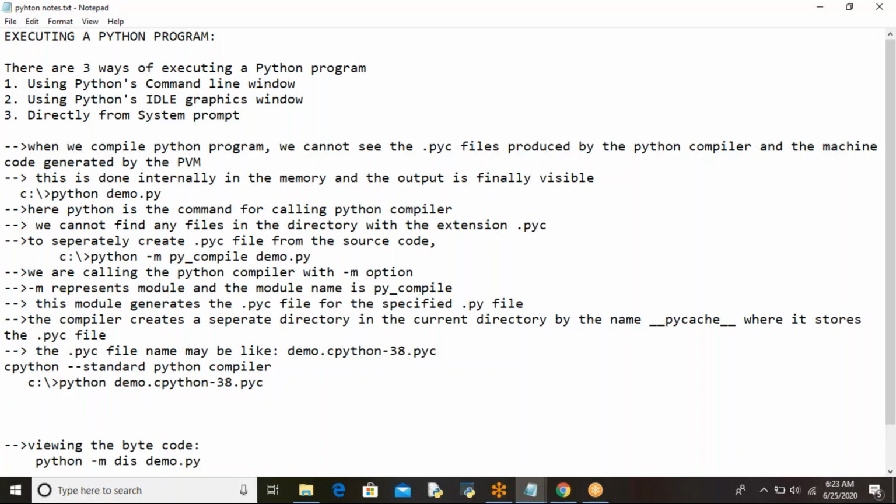And actually, one more thing is also there. Frozen binaries. Because this point came up, I am just telling you; later we'll discuss these things. Generally, when software is developed in Python, two ways are there to provide that software to the end user. The first way is that we can directly provide the .pyc files to the user. The user will install the Python virtual machine on their computer, and they will run these bytecode instructions of the .pyc files, and finally they get the output.